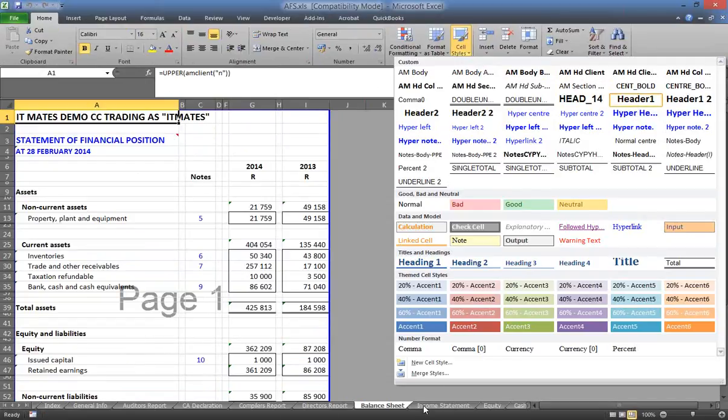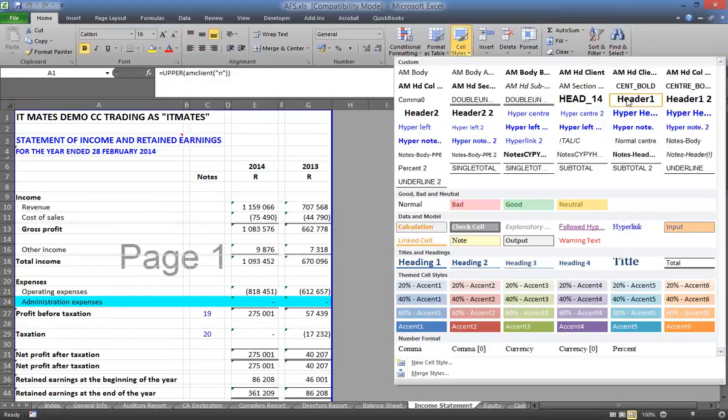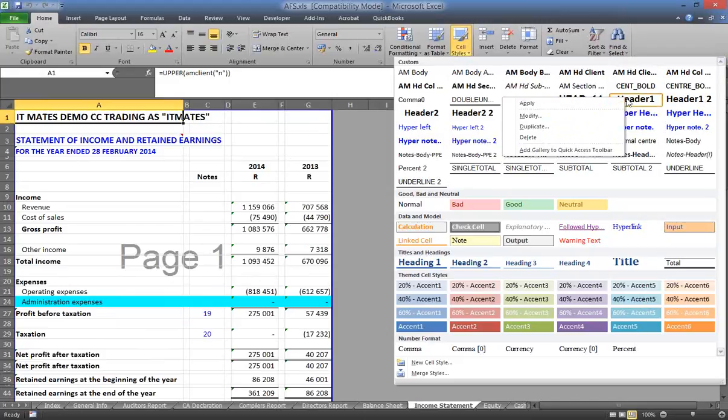If I go to the income statement and look at that cell, and I go to cell styles, you'll see it's the Header 1 style again. So we've tried to use the same style throughout the financials. Now you can change what the Header 1 style looks like. By right-clicking on it, you can choose Modify,